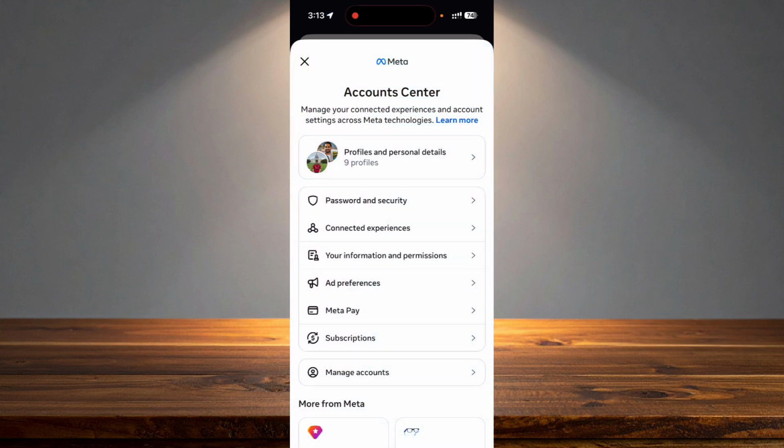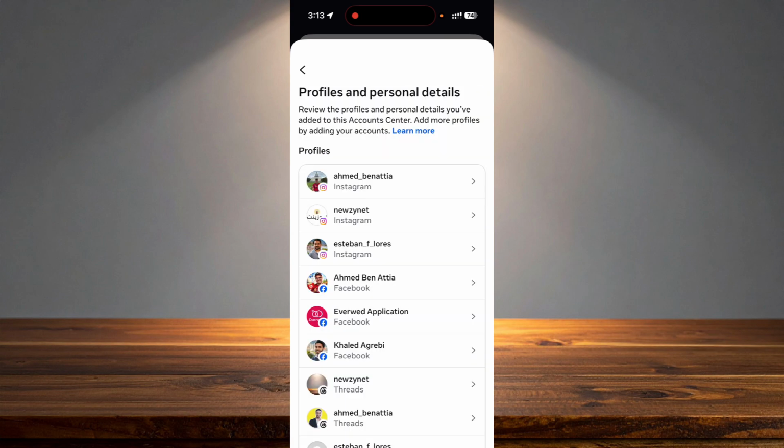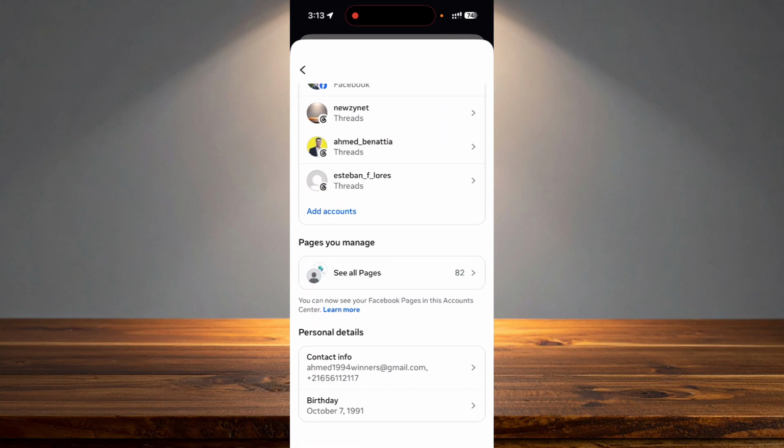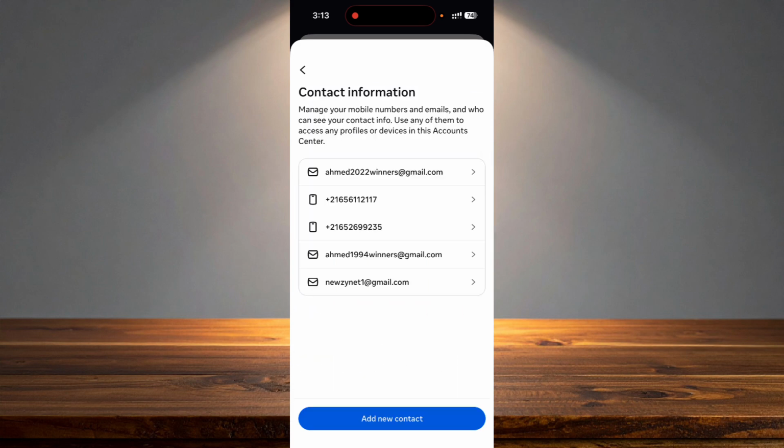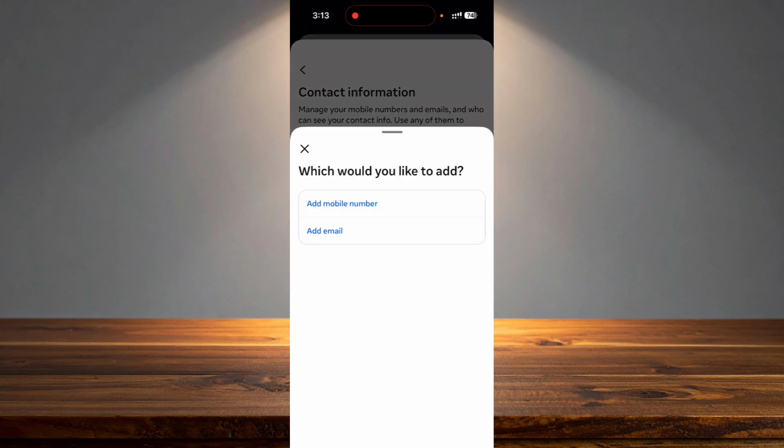After that, choose the first option. And after that, go and click on Contact Info. After that, click on Add New Contact. Click on Add Email,